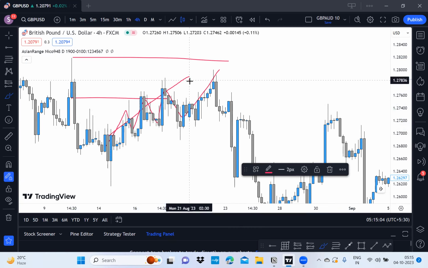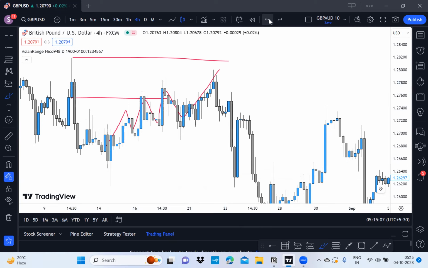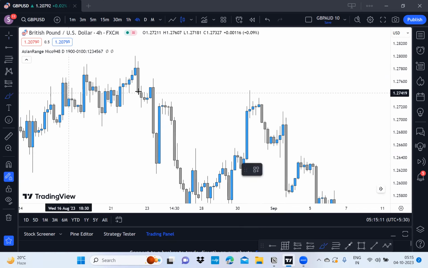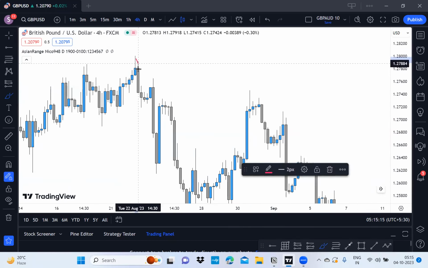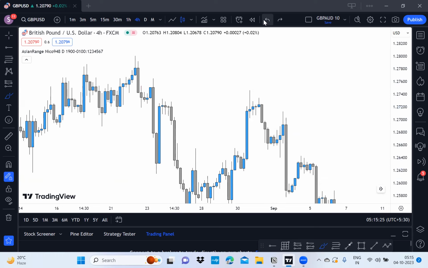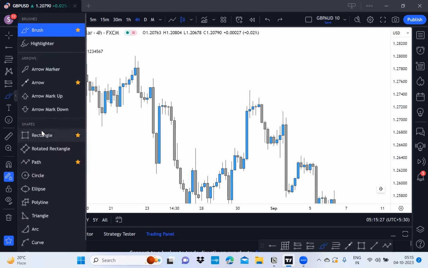Okay, and after the retracement, it again formed a new low, and after that we can see what happened. After forming this new low, the market took a retracement. So where did the retracement happen? Where did it happen? It happened at